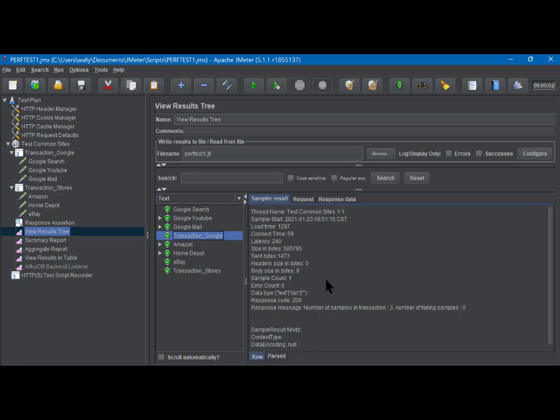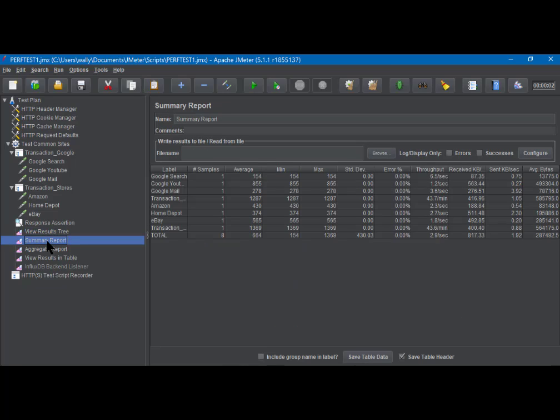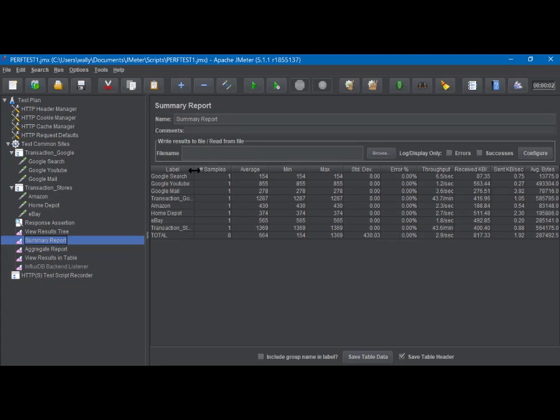I didn't intend to go into too much detail here, but I just wanted to give you an example that you do get some information here. We're going to see some other information in the other reports. And let's do that now. Let's go to the summary report and see what is there. If I expand this,